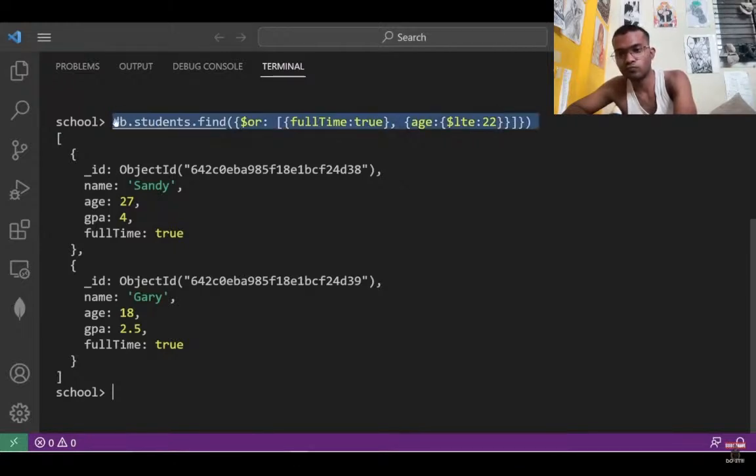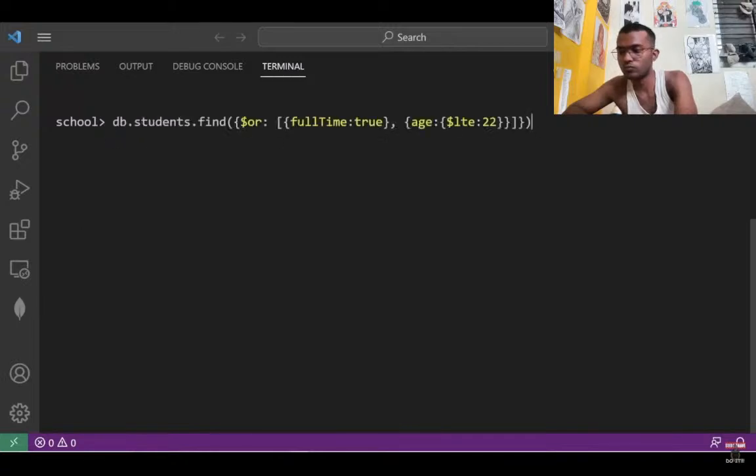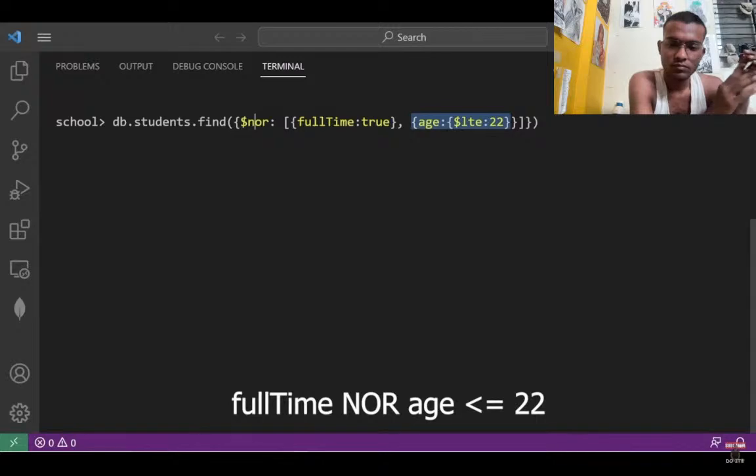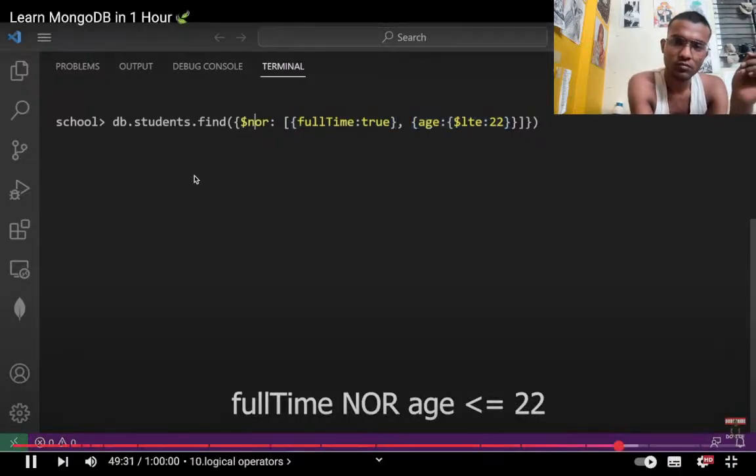So again, let's copy this method, we'll reuse it, then we will talk about NOR. So with the NOR logical operator, NOR, we will return any document where these conditions are false. This needs to be false, as well as this needs to be false. It's kind of like AND, but instead of both conditions being true,